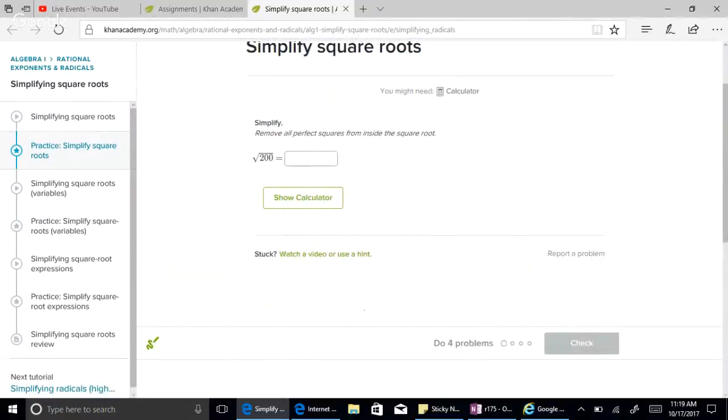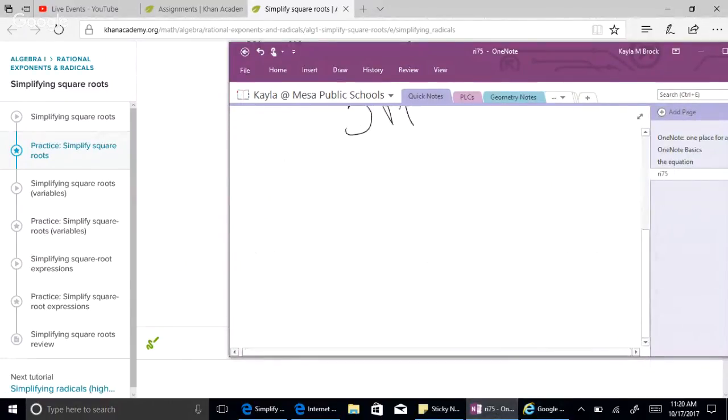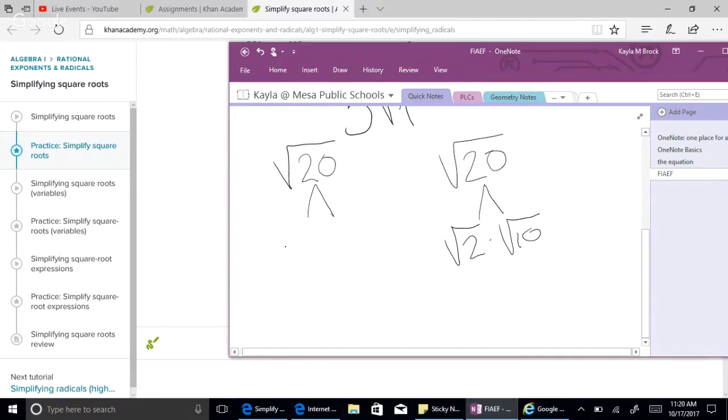It's hard to remember maybe what the correct factors would be. You want to choose factors where there is a square. So let me give you an example. Let's say that your square root that they gave you was the square root of 20. Well, you said, okay, Ms. Brock, you could do the square root of 2 times the square root of 10. And 2 times 10 does equal 20, but 2 does not have a square root, and 10 does not have a square root. If we think about it, 2 other factors would be 5